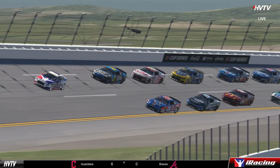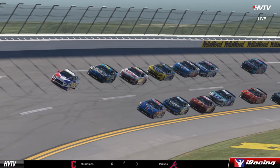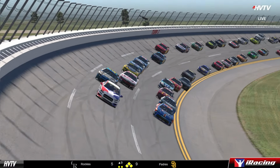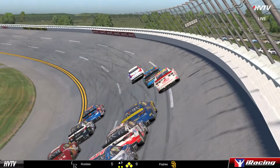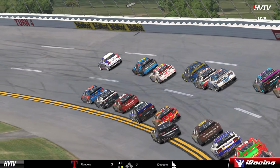But 30 laps here. It should be a pretty short race, a little sprint race. We just really wanted to see how this new updated horsepower is going to race here. And for me, broadcasting races here on the network, being kind of the CEO in charge of these races,